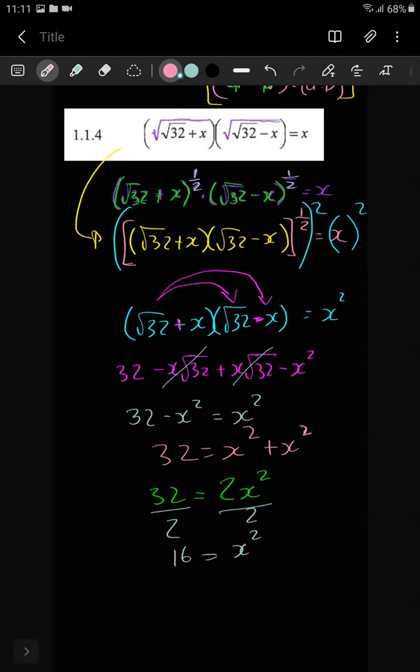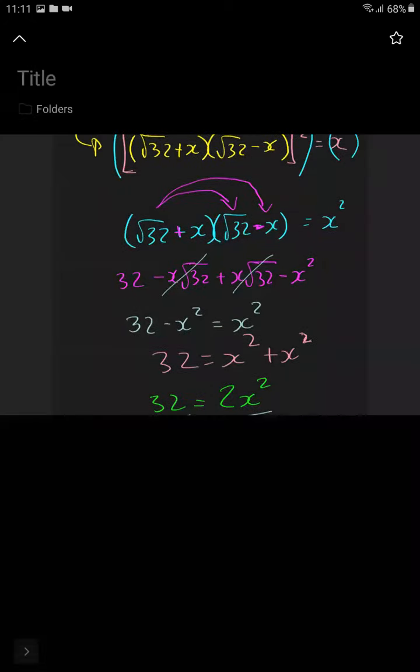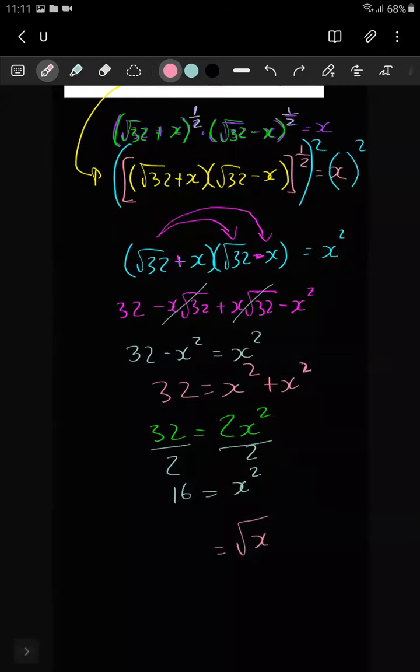And then we can square root the right, and square root the left, and x is 4. So I think with what we have just done here, it's just an indicator that